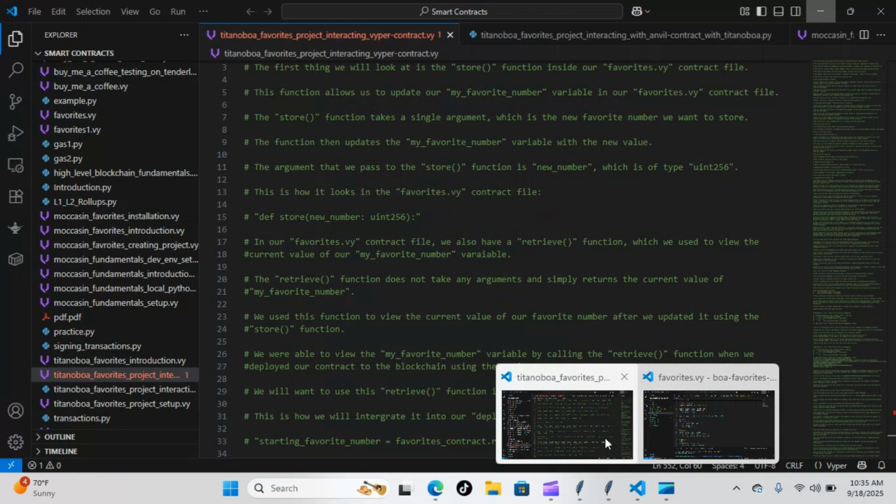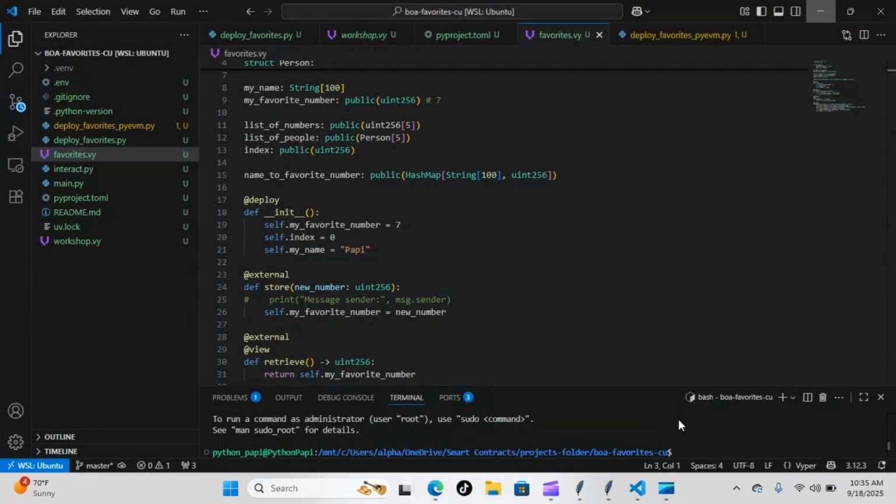light reading. Yesterday we went over the store function and how we implement it into our contract. And then we went over the retrieve function, how we implement it into our contract. So today we're going to go inside the actual contract and have a look at how we implemented those things. So let's put up our contract now, and I can show you exactly how we entered it and how